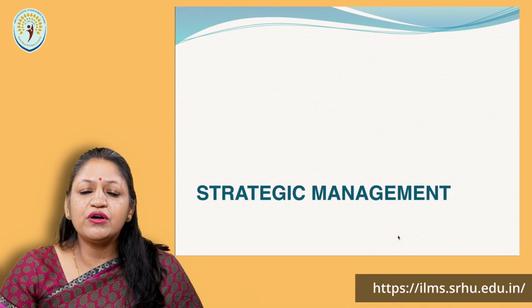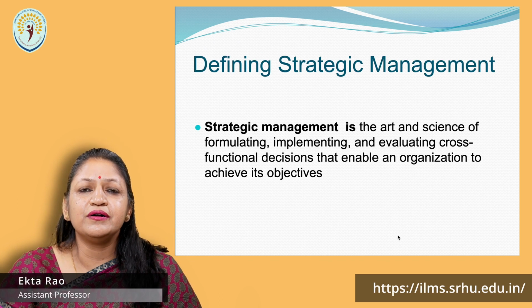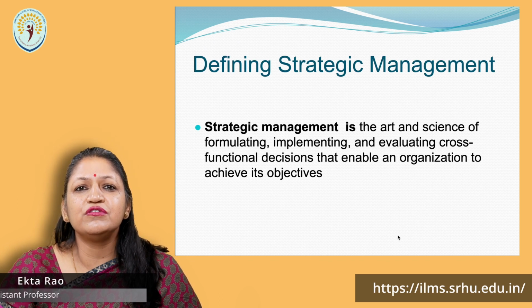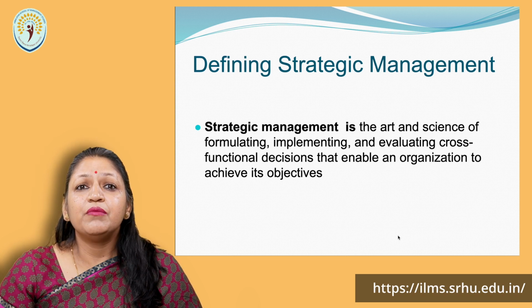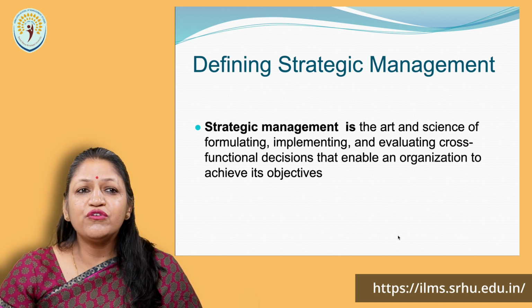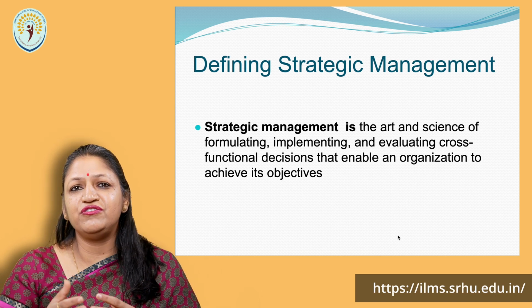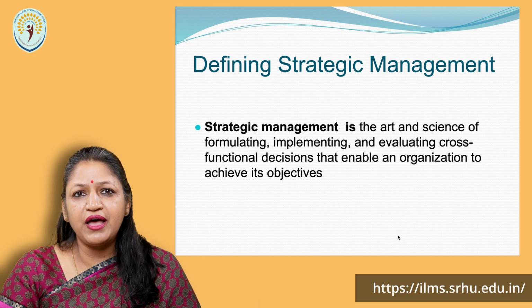In today's lecture, we will be talking about strategic management. When we talk about any organization, that particular organization has to take different types of decisions for the different departments, like marketing, finance, HR, and IT, etc. But when we are taking those decisions at an organizational level, these decisions are known as strategic decisions. So we'll try to understand what is the meaning of strategy, what is strategic management, what is the process of strategic management. All these things we will try to understand one by one.